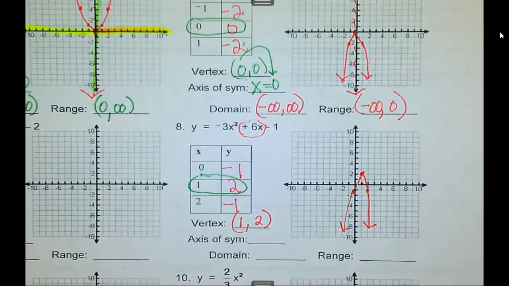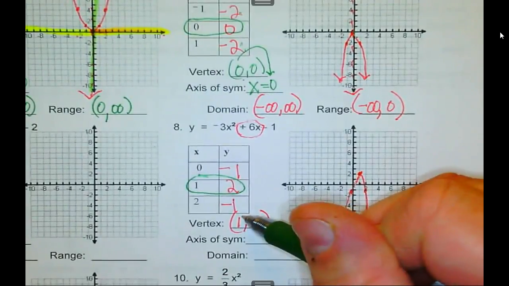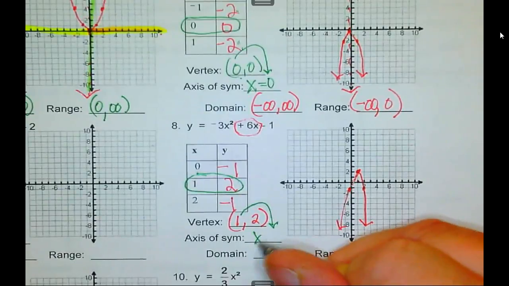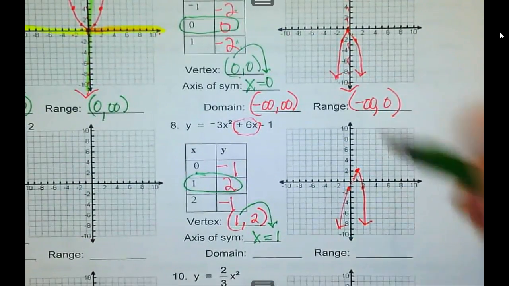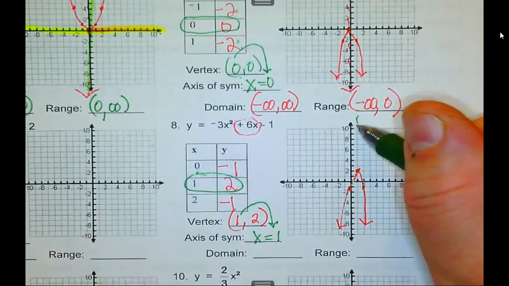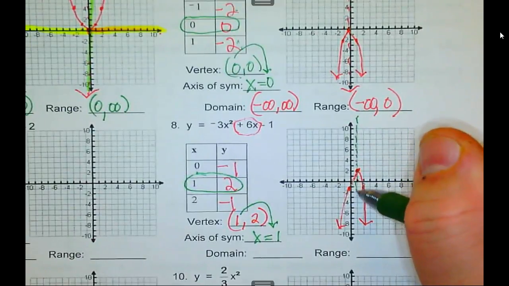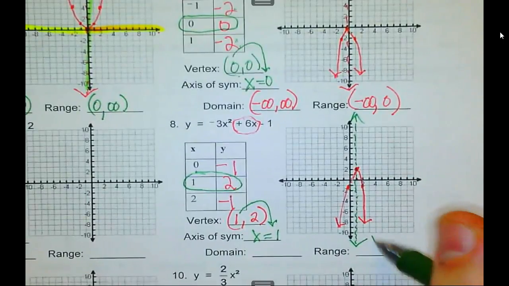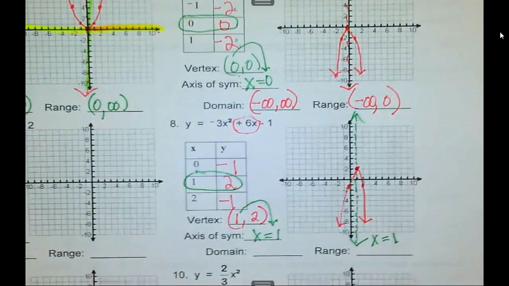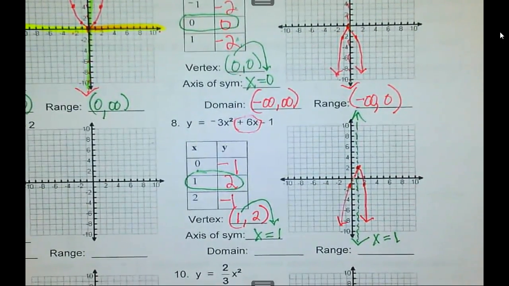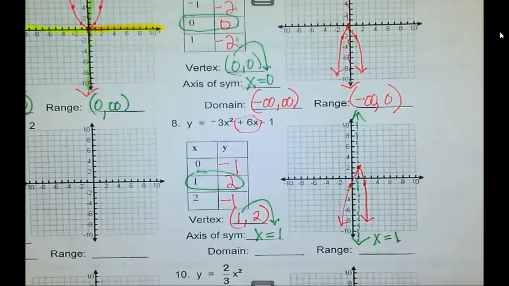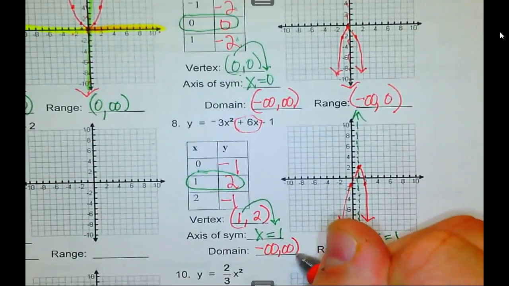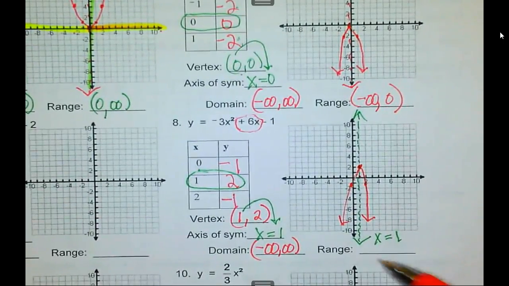Okay, axis of symmetry is my x value of the vertex. So x equal 1. So here's my axis of symmetry, x equal 1. It's the equation of that vertical line. Domain, we're lucky because it's always negative infinity, positive infinity. Now my range,